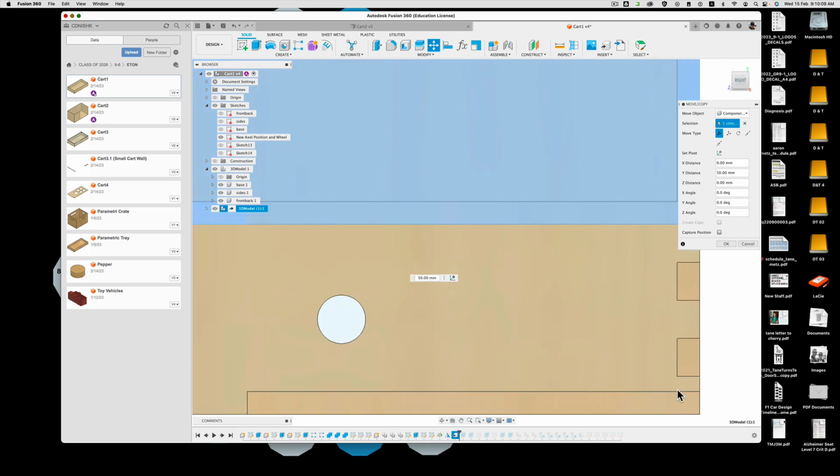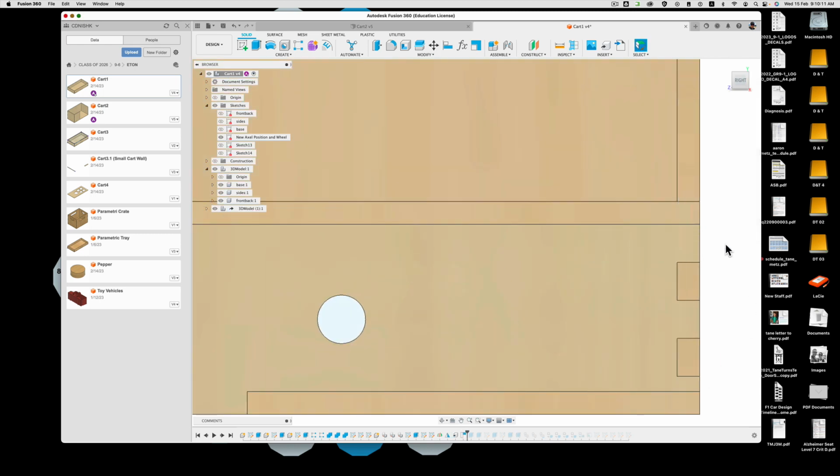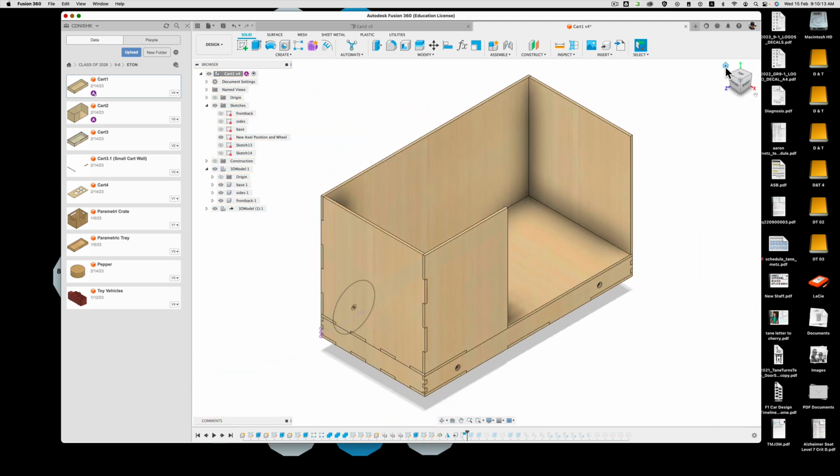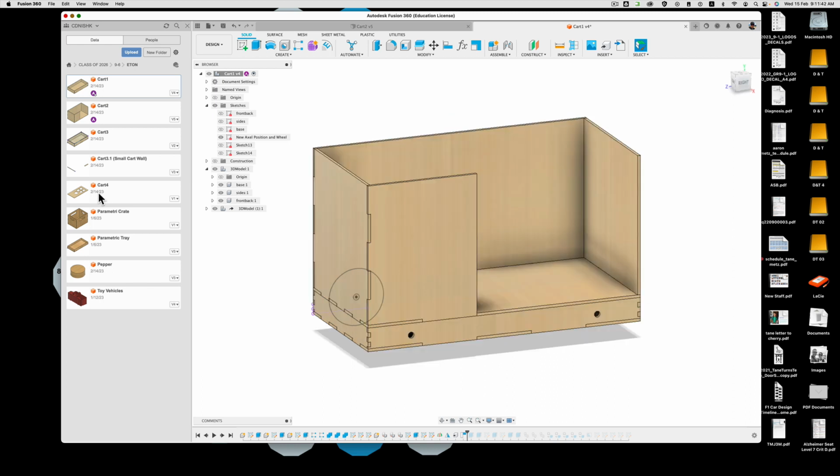We see a few holes for axles and a wheel. So just checking here that it's sitting nicely on top. And now I'm going to go ahead and insert the top section. You'll see me just sort of reviewing the parts here, and then I'm going to go ahead and use the same command from the menu, insert derive,